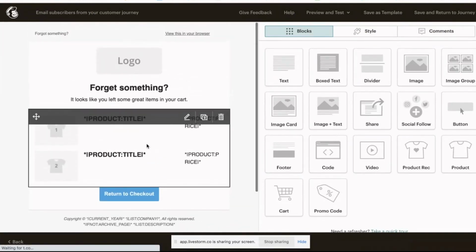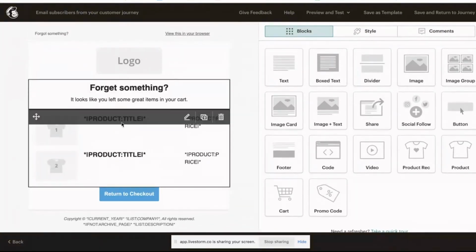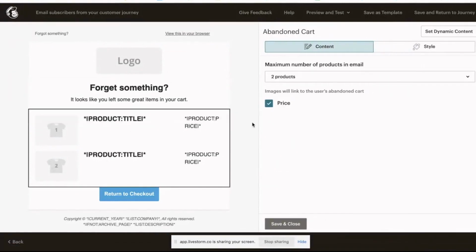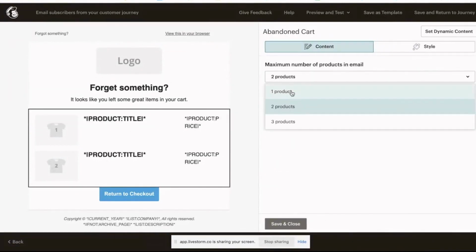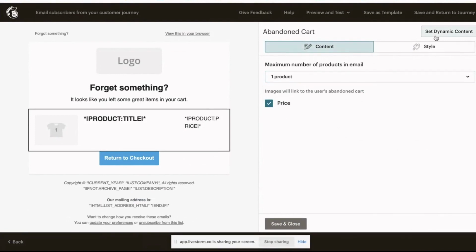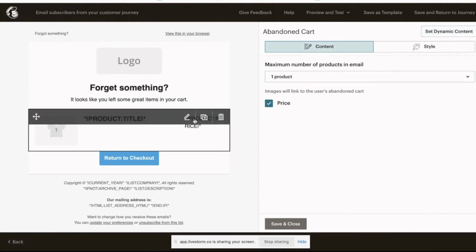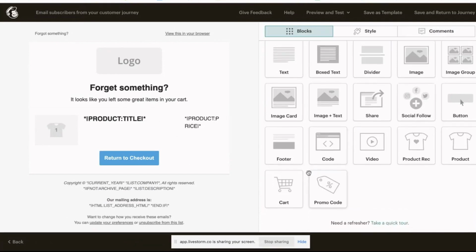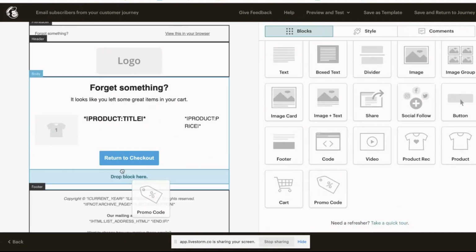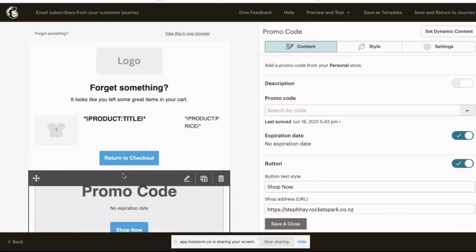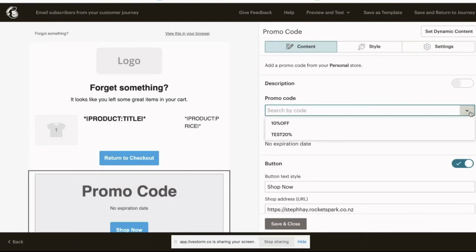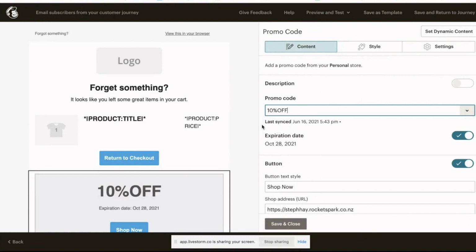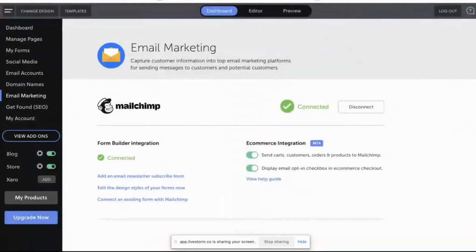And you'll be able to edit this as you want as well. So you can add in all the different products that you need. You can have 1 product, 2 products. Save and close. If you wanted to, you can add in your promotion code, just as long as you have one that's already set up in your console. I've got a 10% off one in my console already that I've set up.